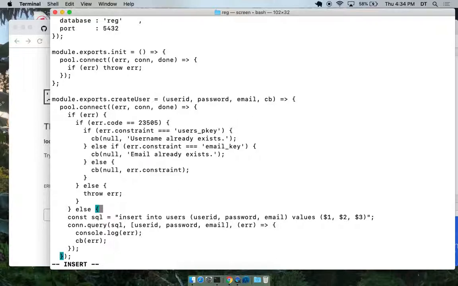Wait a minute, I totally screwed this up. This is not right at all. All these lines got to go down there.